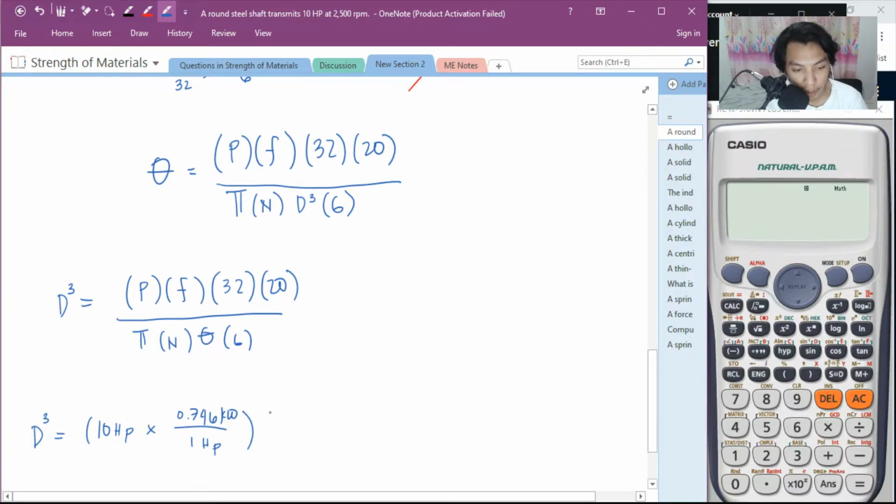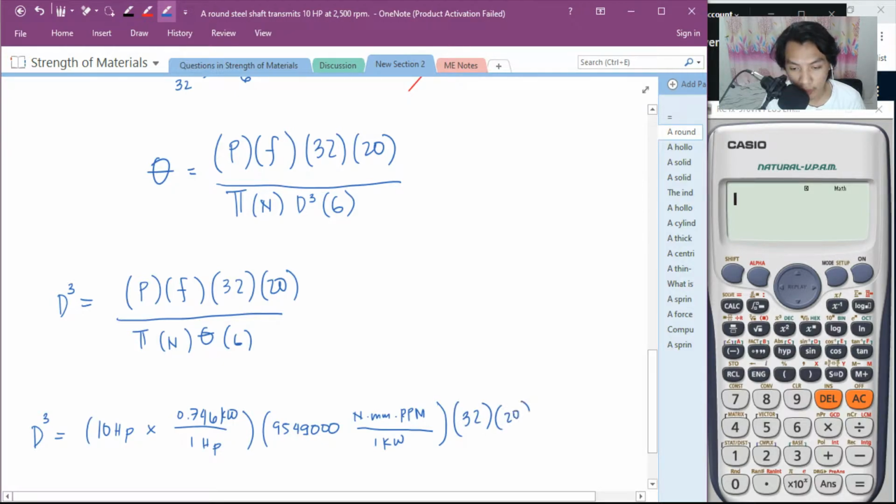And then factor, SI na lang gamitin nating factor, 9549000 Newton millimeter RPM per kilowatt. Yan, 1 kilowatt. Tapos 32